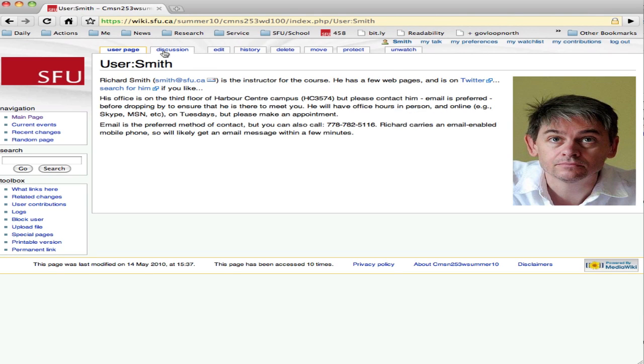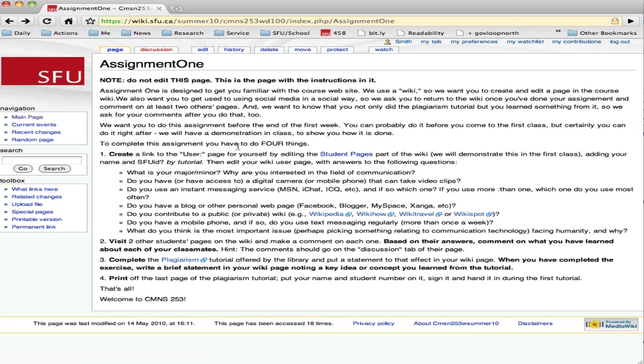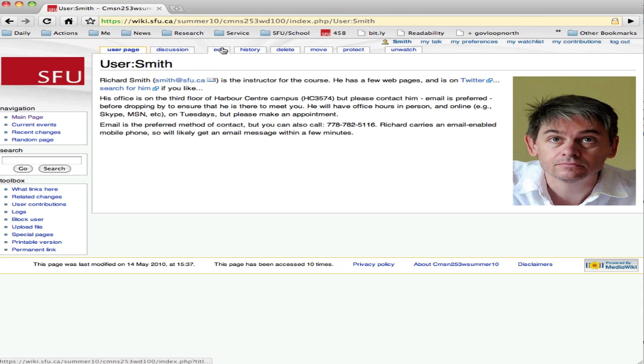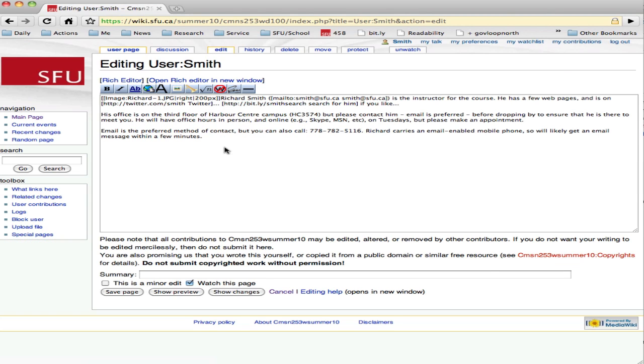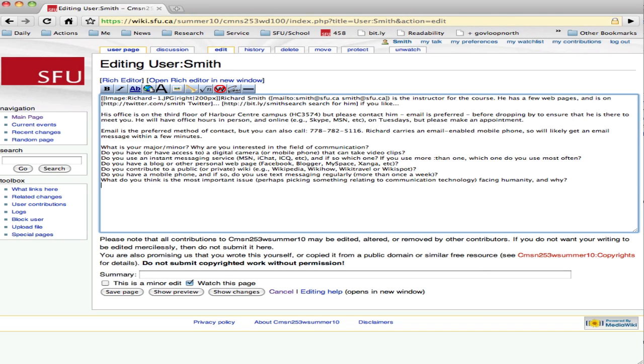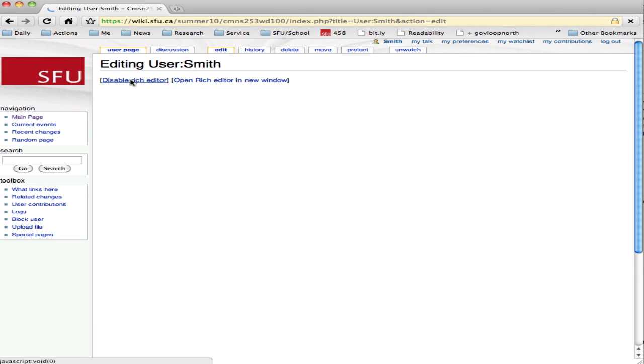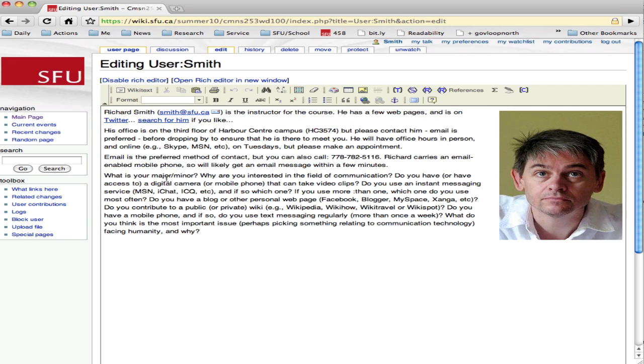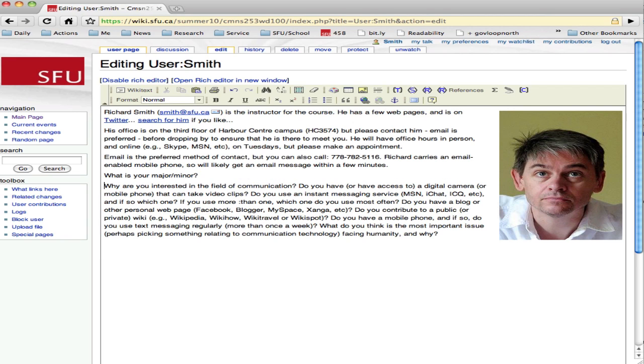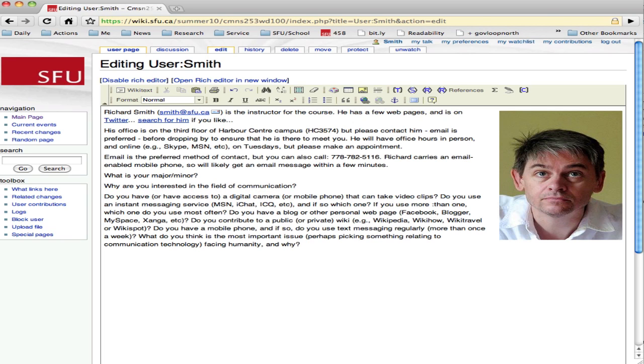And this is my user page. I guess I should answer the questions that are in the assignment, which is basically what is your major, minor, all that sort of stuff. So I'll copy that and go here and edit the page, and I'll just do it down here. Sometimes when you paste, you get a little dialog box asking if you want to paste. Some people are more comfortable with a rich editor. So this is what the rich editor looks like, more like Microsoft Word. So there are all the questions, and an easy way to remember them all is to paste them in,